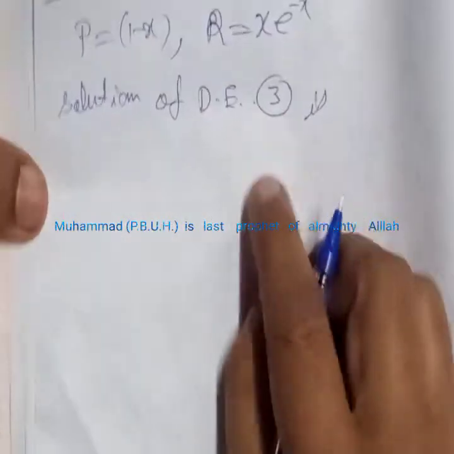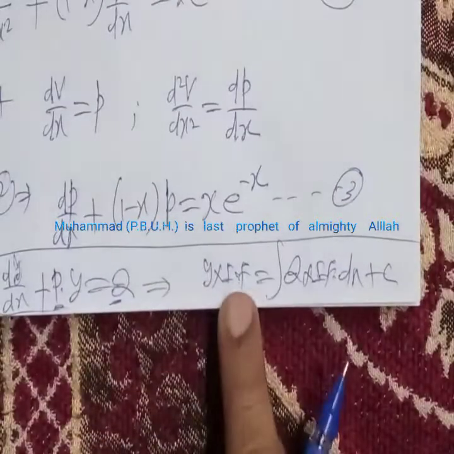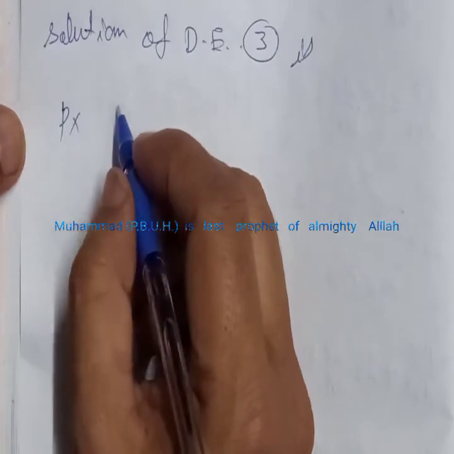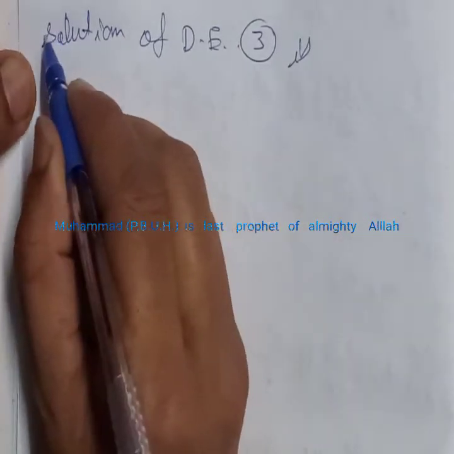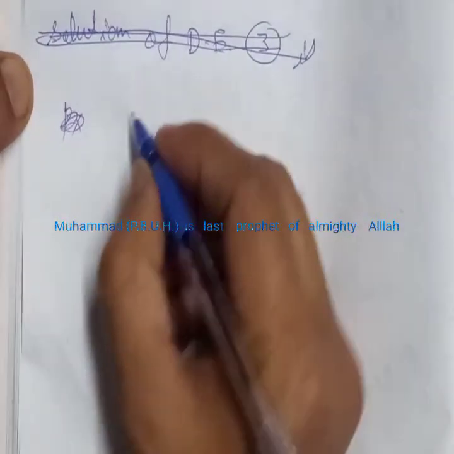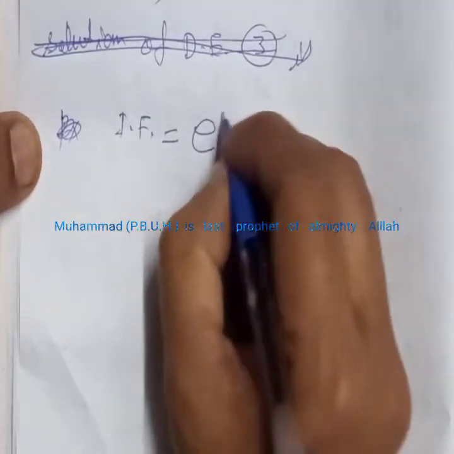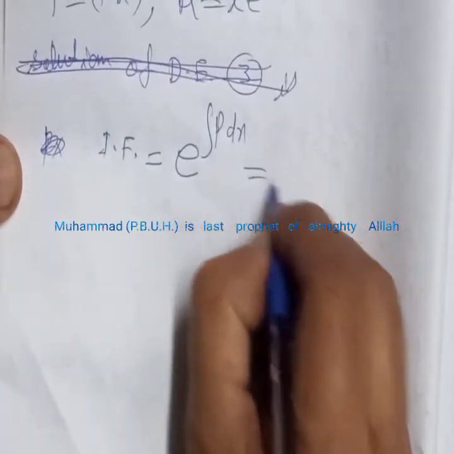So the solution of differential equation 3 by this formula is given by p into integrating factor, but I have not found the integrating factor here. So first of all, find the integrating factor, then write the solution. So we first find the integrating factor, which is equal to e to the power integral of p dx, but the value of p